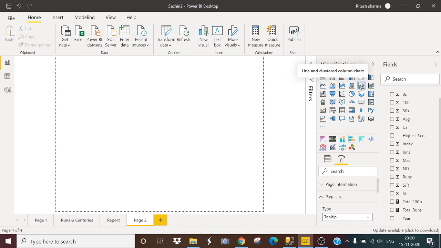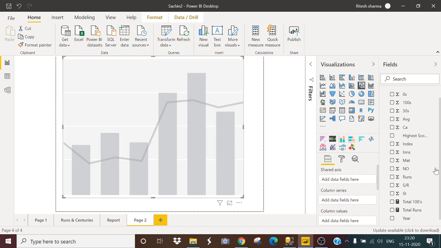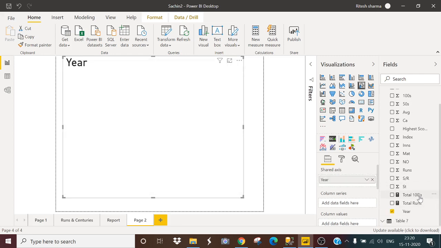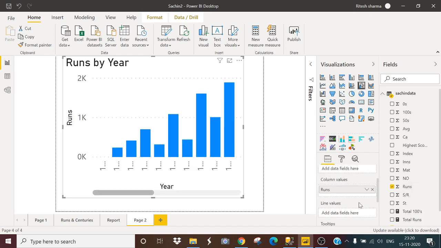I will select this graph, and in this I have to drag the year. It will be the total number of runs in columns, and in the line it will be hundreds.